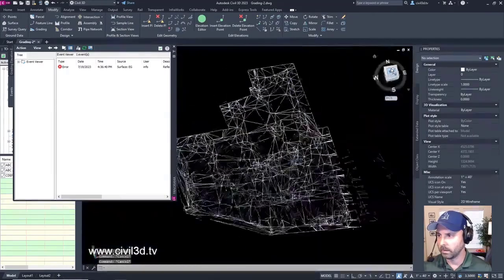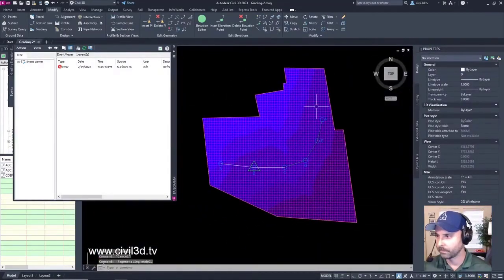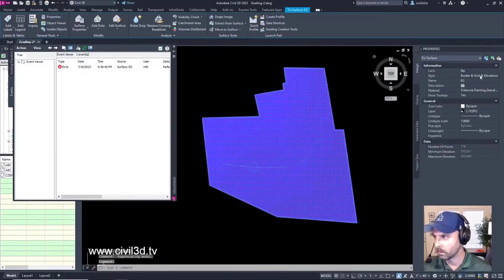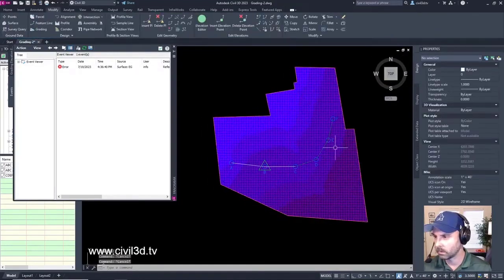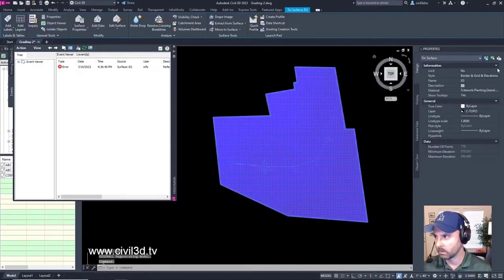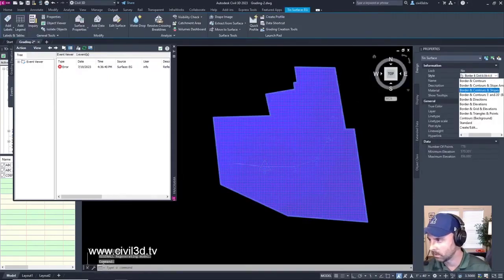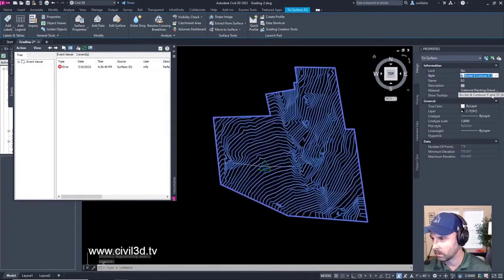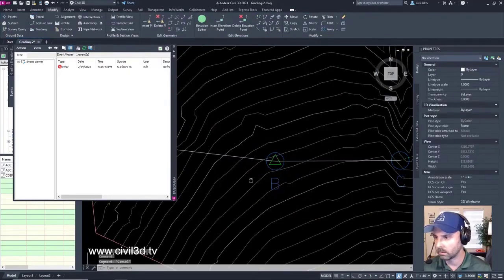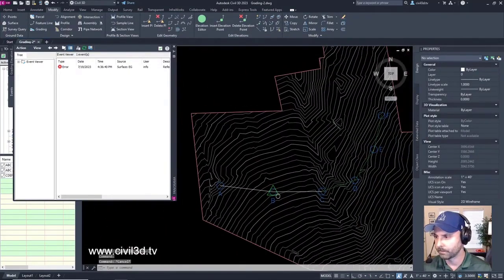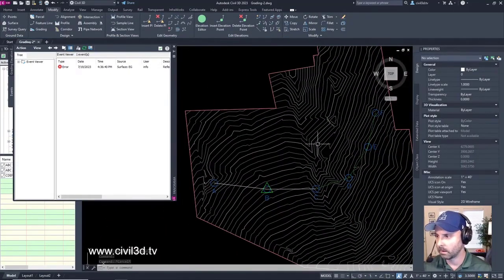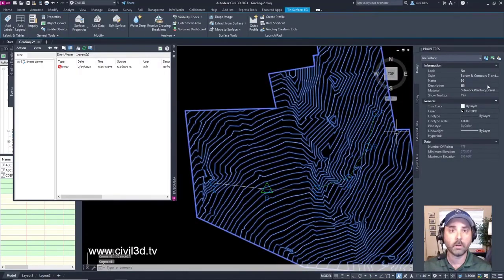Okay, let's go back to the top. We're going to change this back to that. Something like that. See how I did that with the surface style? If you don't know this already, you can change the surface style up here within the properties under style.